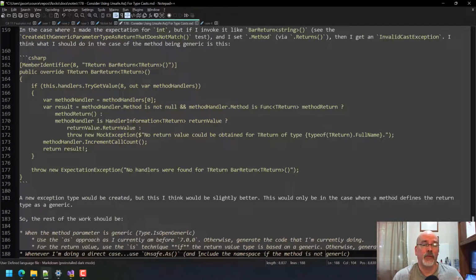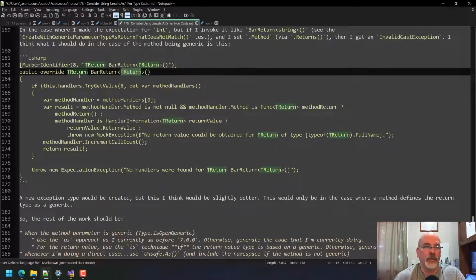If it is generic in any way, shape, or form, then, well, that's not true, because you could have 3 parameters to a method and 1 generic on the method, and that's just defining one of the types. The other 2 will still do the hard cast because they can; you know what the types are on that. Yeah, the only way that we would not include it is if the method was completely open, like in this case, bar return is completely open.